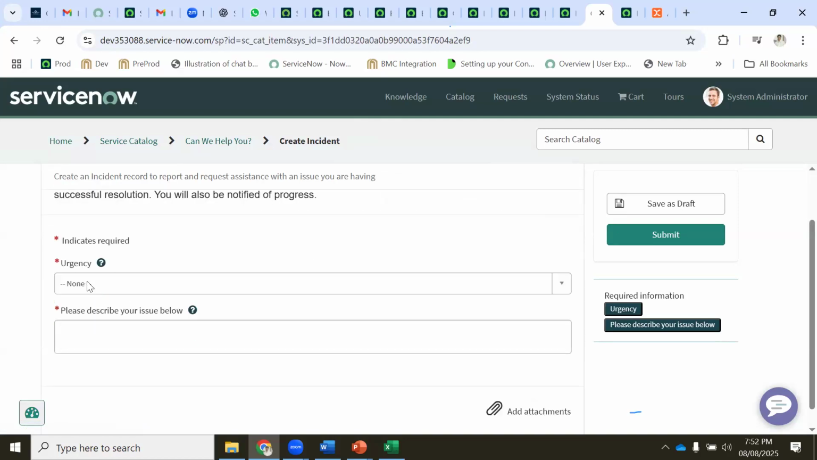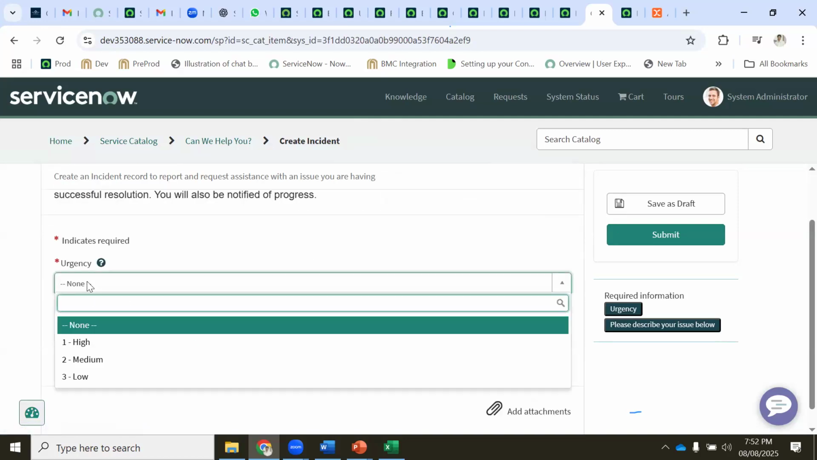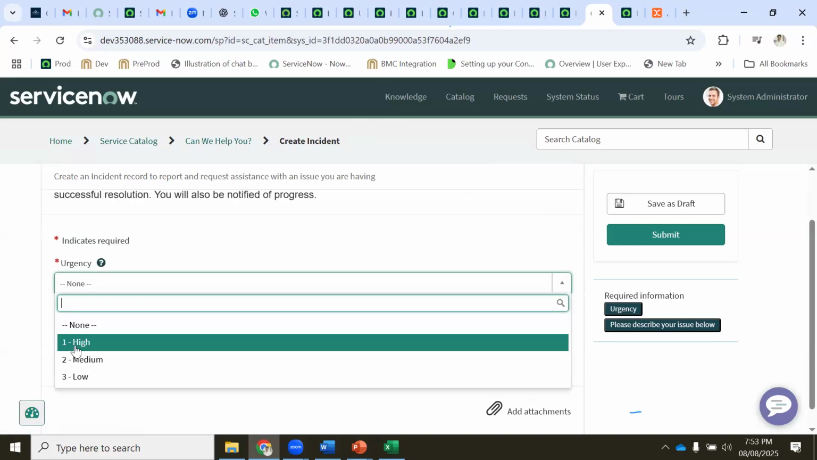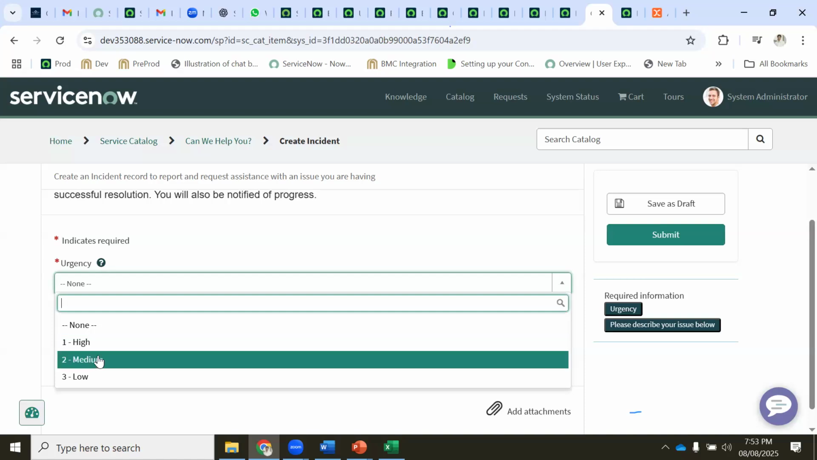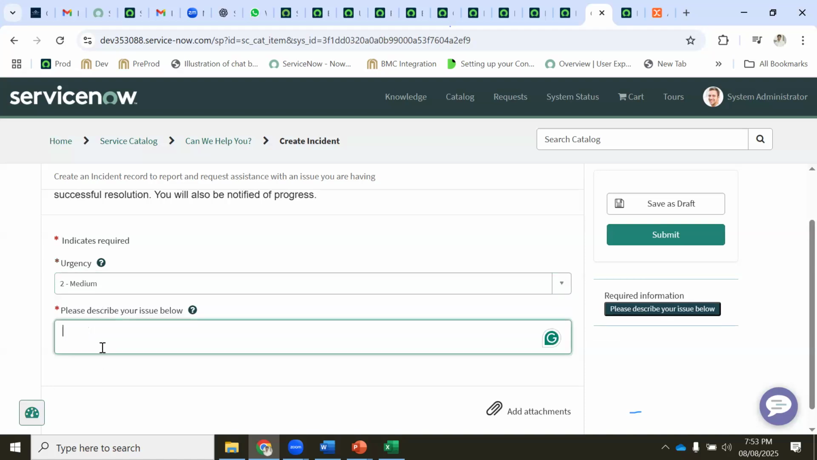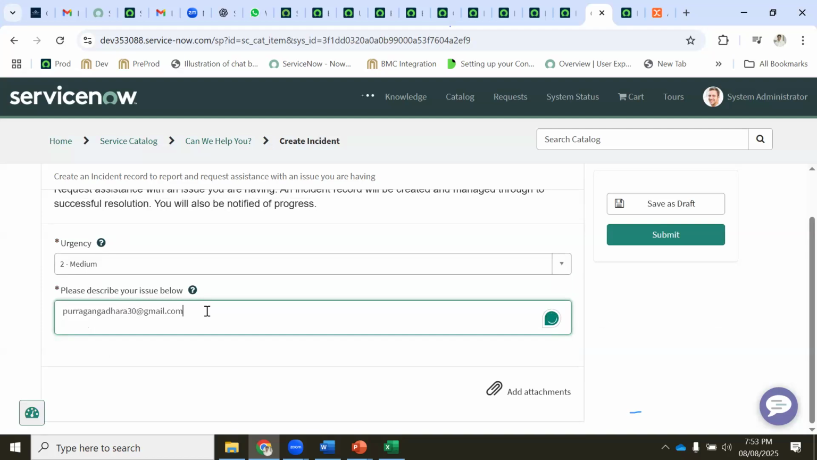This is the form to submit a ticket. When you are submitting an issue, how urgent is your issue? Is it very high, medium or low? So let's put it as medium. I have a medium issue. So I will submit. My issue is